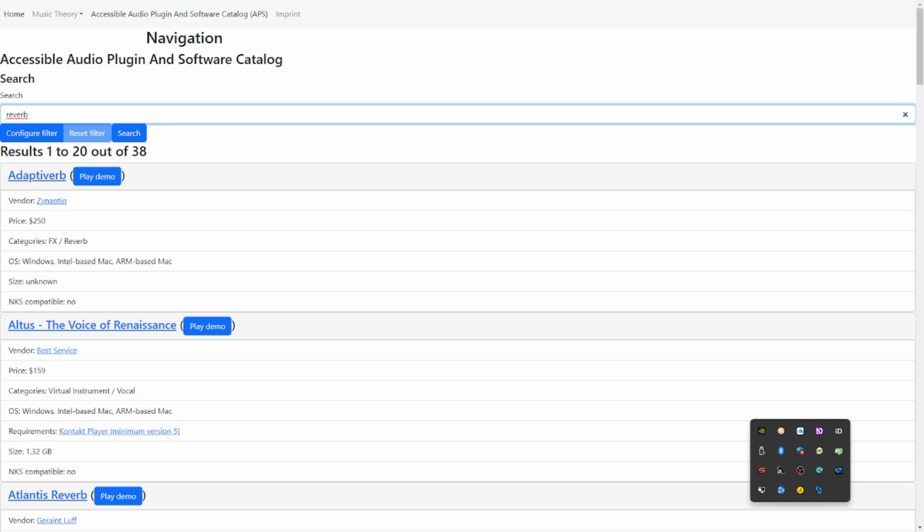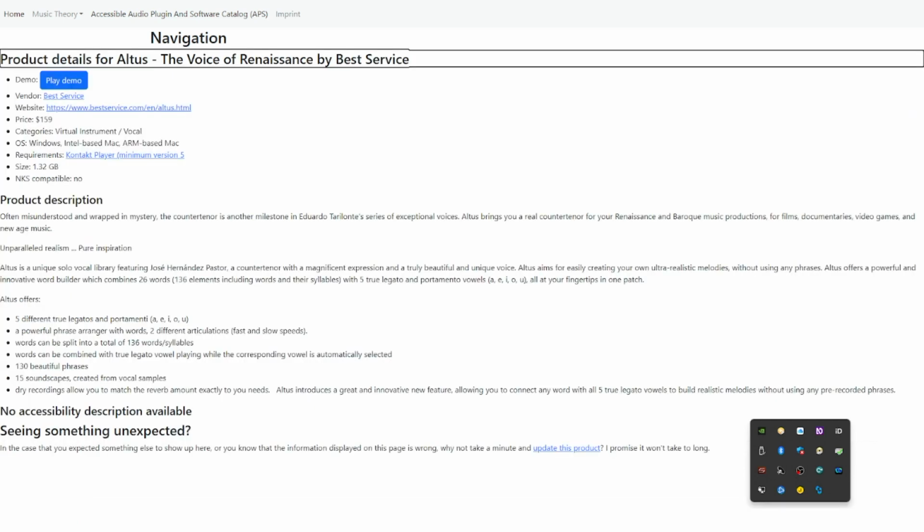And let's check out what a product page looks like. Let's press enter on that. Heading level 3. Product details for Alters the voice of Renaissance by best service. Great. List with 9 items. Bullet demo. Button play demo. So here's the play demo link again. Bullet vendor. Link best service. Okay, so this is a link to the vendor page. Bullet website. Link